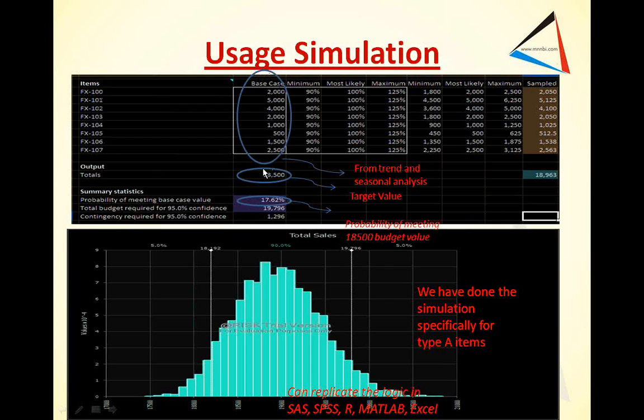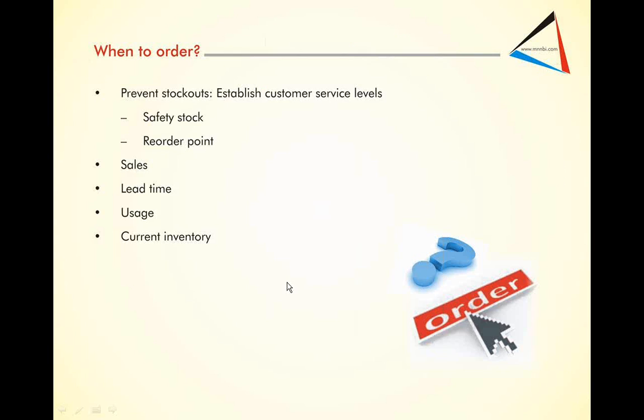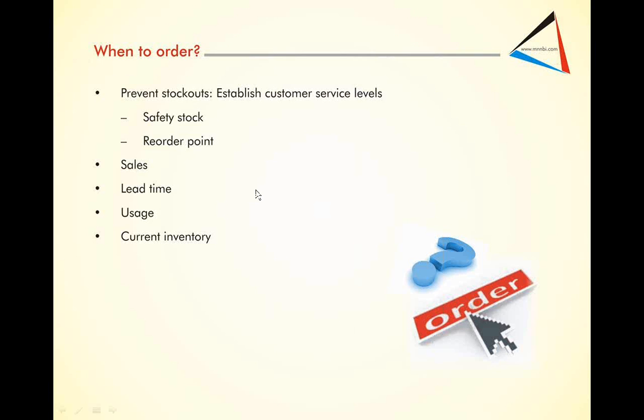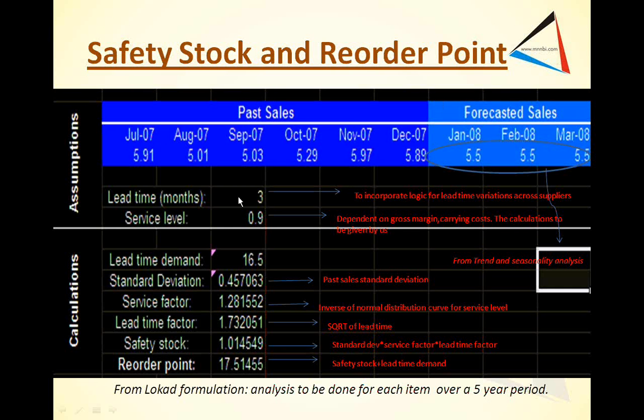I have a base case scenario usage. Then I can say it's minimum here, the maximum here, most likely here. My total budgeted was here. So I have an 18% chance that I'll actually meet my budget if I plot the usage on a normal distribution curve. My most probable value is 18,963, and for a 95% chance that I'll actually be meeting the target, it's 19,796. Then I look at the issues with regards to safety stock, the reorder points, the sales, and so this